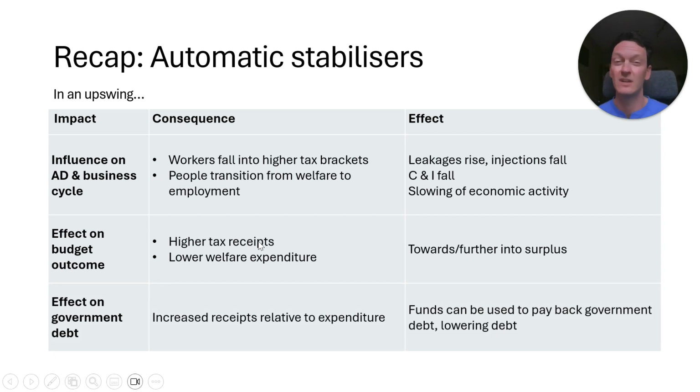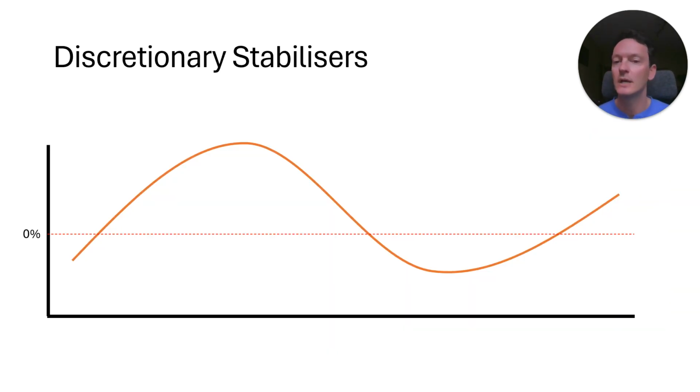Similarly to what I said before, if you have to talk about the government debt, you've got to talk about step 1, step 2, and then step 3, because you've got to talk about whether the government has more or less money now than they had planned to get. As a result of the higher tax receipts, there's more money coming in. As a result of lower welfare expenditure, there's less money going out, so they've got more money left over. And as a result, they can use those funds to pay back the debt that they have already accumulated in years gone by.